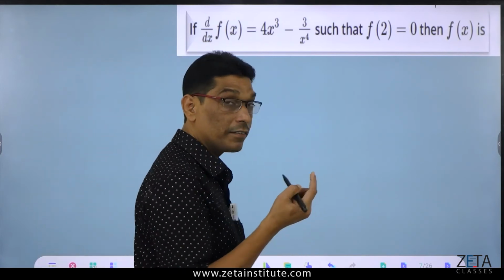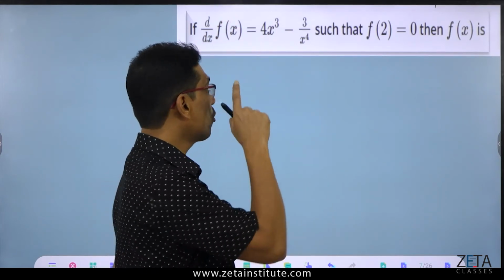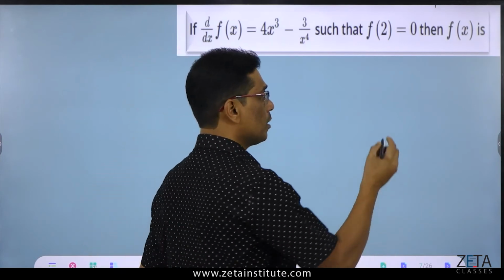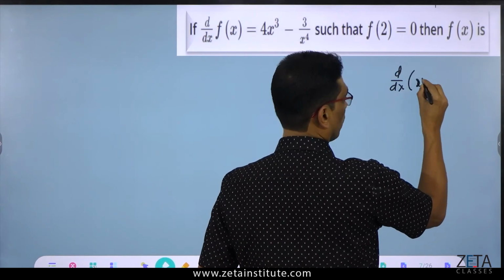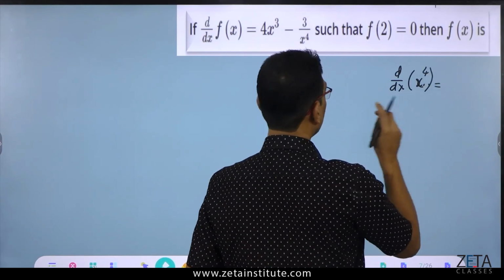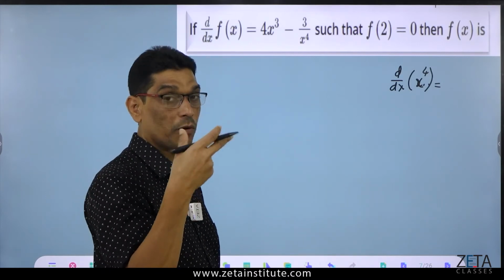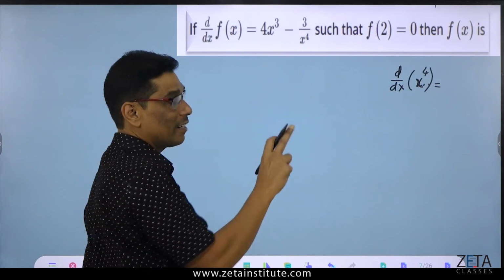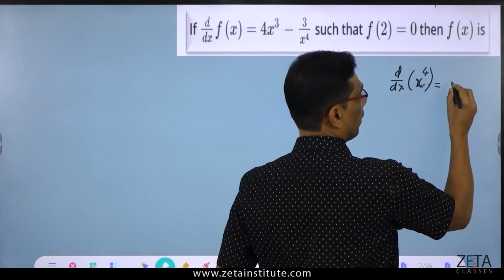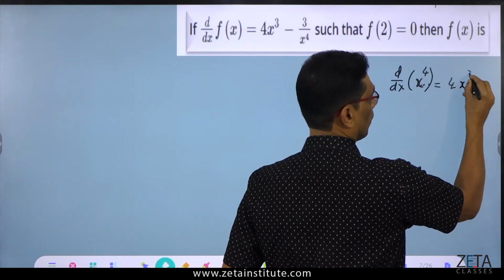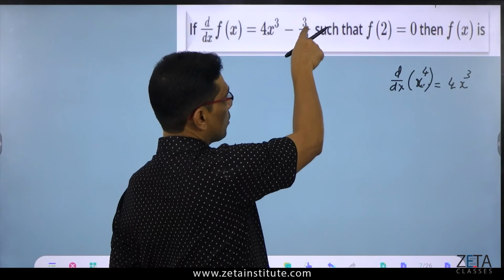So what will we try? We'll try x raised to 4 instead of x raised to 3. Instead of x raised to 3 in the previous case, we have to go with x raised to 4. So we need to differentiate x raised to 4, because when you integrate the polynomial, the degree of the answer is more than 1. x raised to 4 will give 4 into x cube. So 4 into x cube, it's here. Now we try the next one.